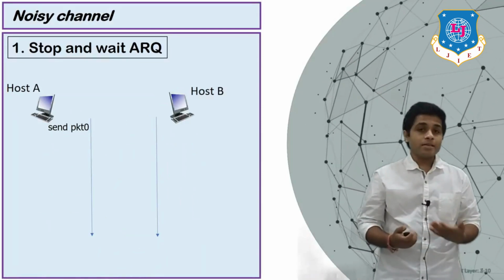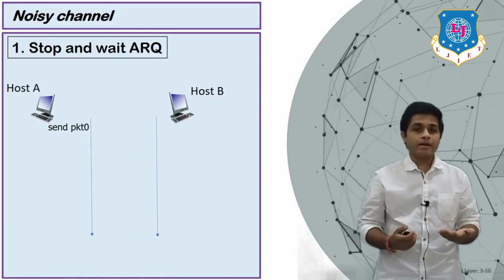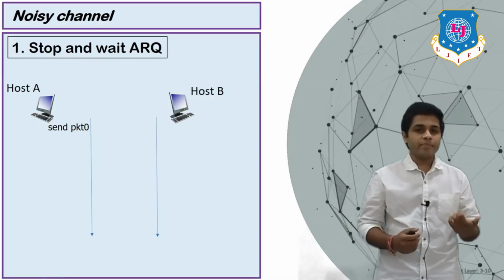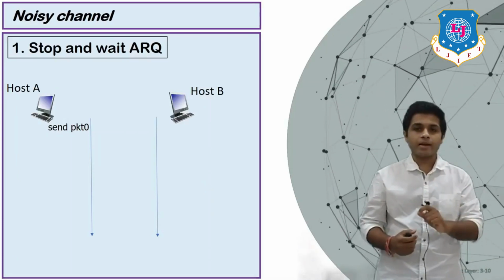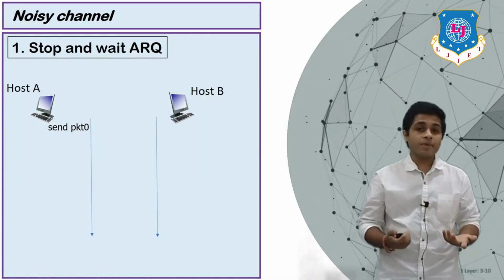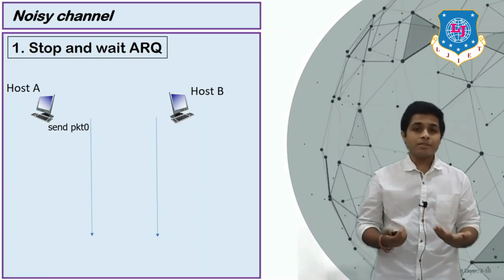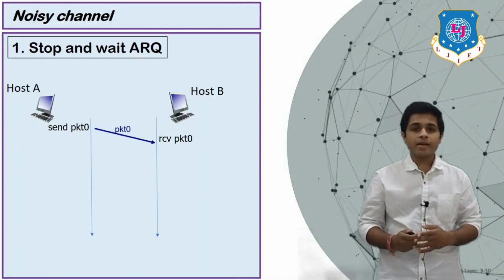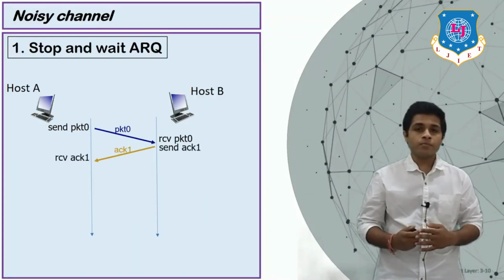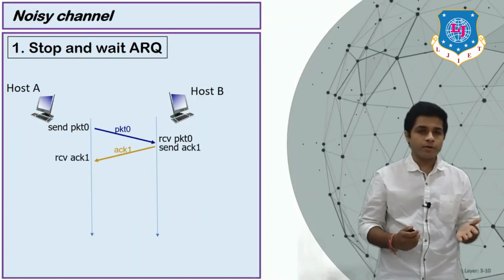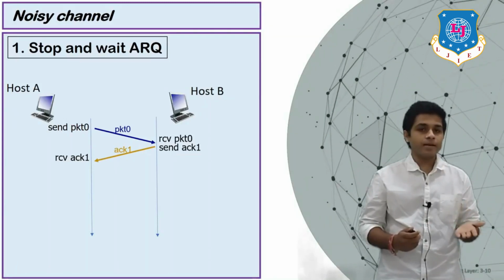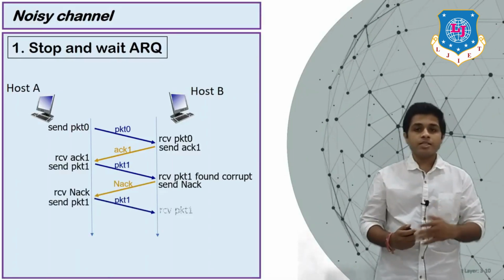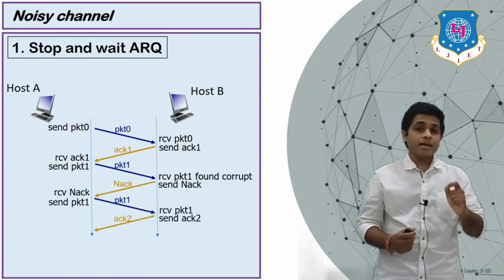Now, what happens if the received packet contains some error? What I'm trying to say is, the packet is sent by the sender and the receiver has received the packet, but the received packet contains some error. So what happens in that case? So A has sent the packet 0, B has received the packet 0, it will send the acknowledgement 1. So A has received the acknowledgement 1, so it will send which packet? Packet 1. So A will send the packet 1, B will receive the packet 1, and suppose that packet 1